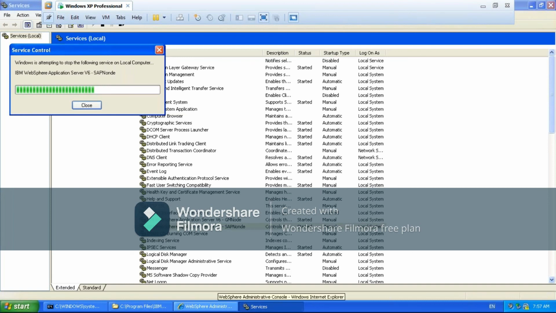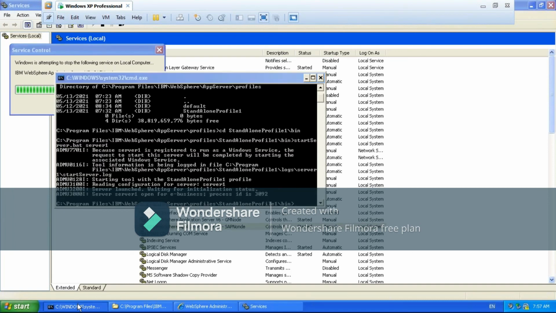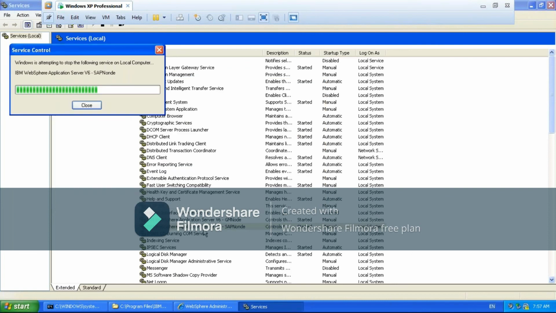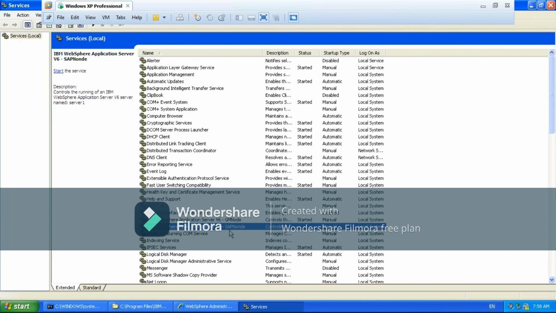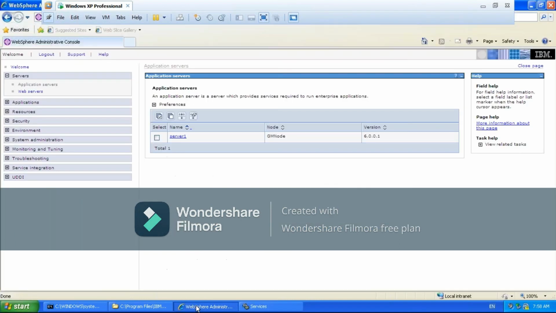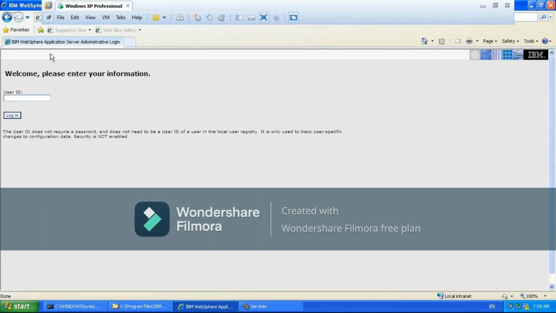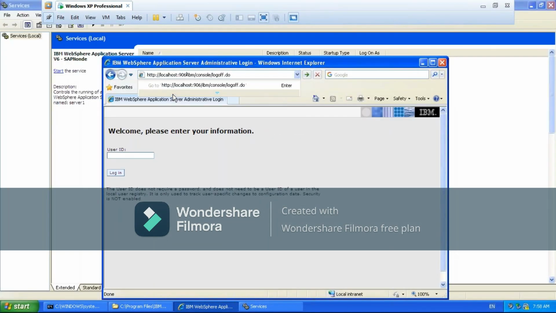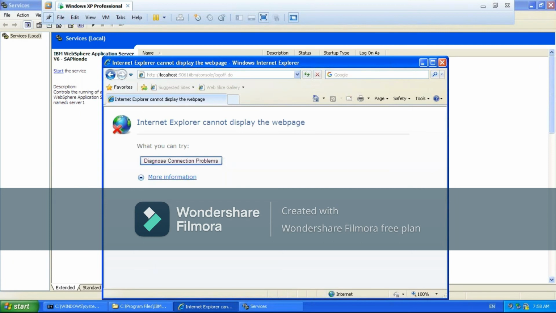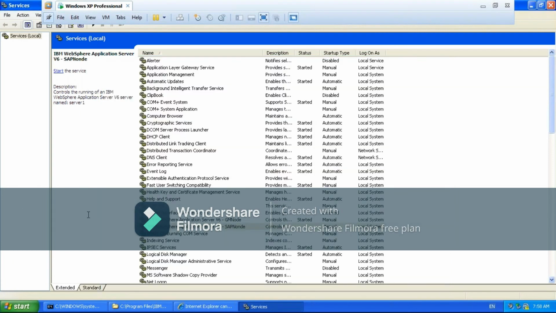You don't need to go to the command prompt every time to start or stop. If you want, you can add it as a service, and from here also you can stop it. Generally we prefer to go to the admin console, or stop and start the JVM script-wise, or this is one more option. See, now it is stopped. That's the reason if you go to the console 9061, page cannot be displayed will come, because it is stopped from Windows services.